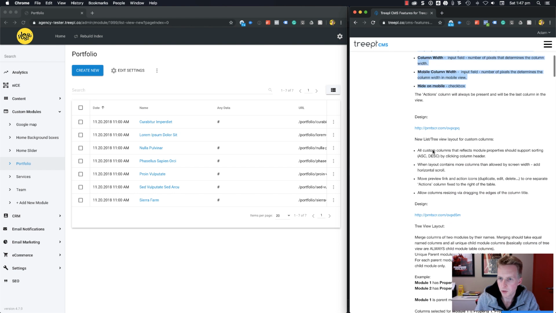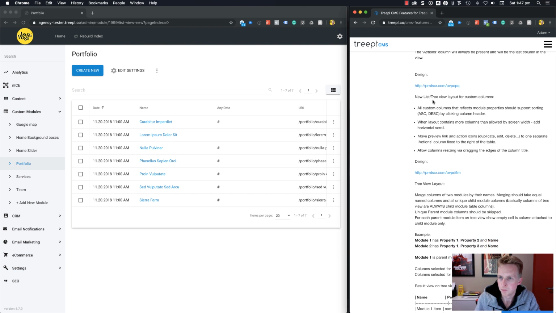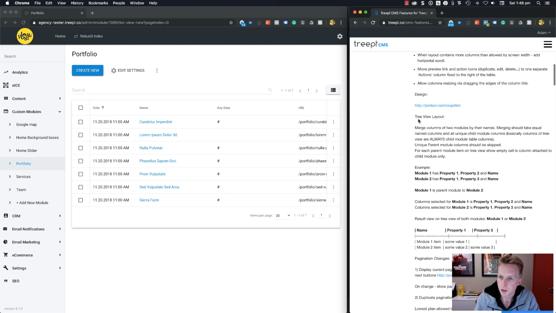Okay, so the text here just goes through all those options that I just went through. It works on both the list and tree view. So if you've got tree view options available, if you've got nested modules, it'll work there as well. And there's just a bit of information about the tree view layout here,